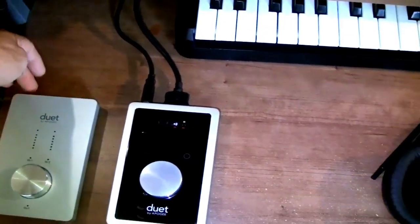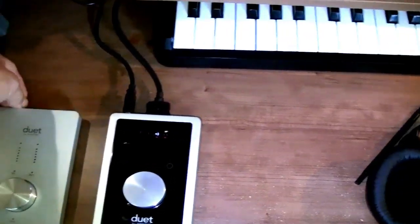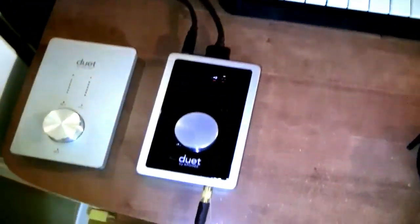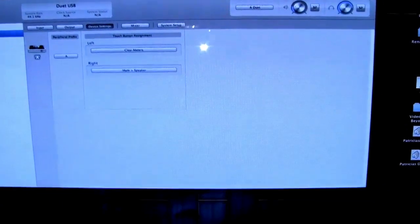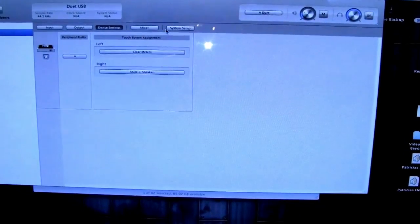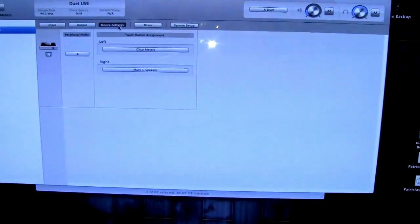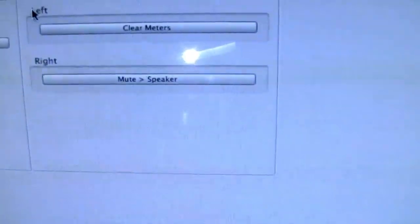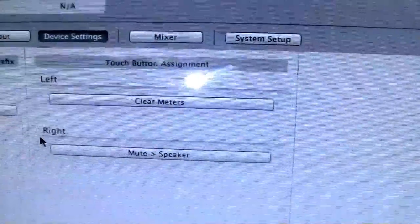Another benefit to that is you don't wear out your input for your FireWire unplugging it and plugging it back in, you know what I'm saying? This is always in, you're good to go. Now, if you're familiar with Maestro 1, this is completely different. But the cool thing is you can go to device settings. When you open it, you might be on input or output or something, but go to device settings. So those are those two buttons, left and right. These little two buttons right here,